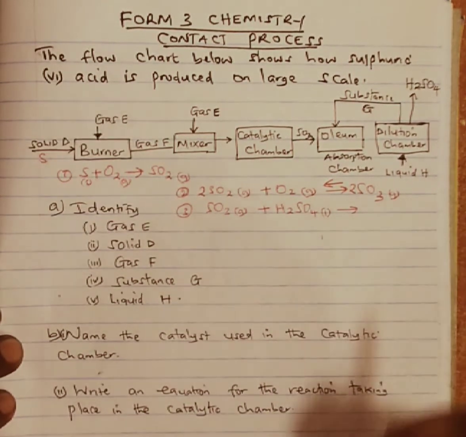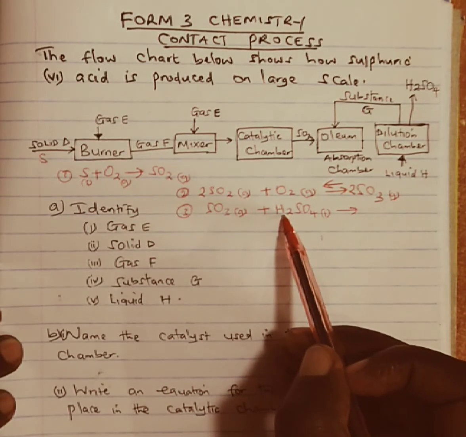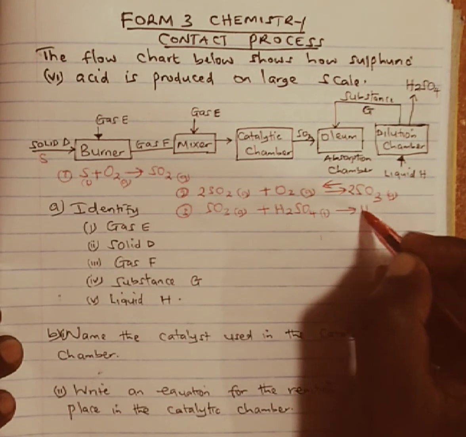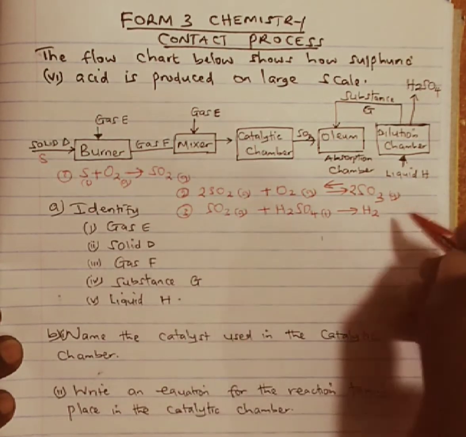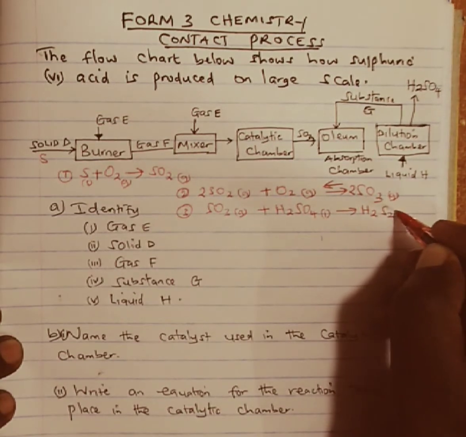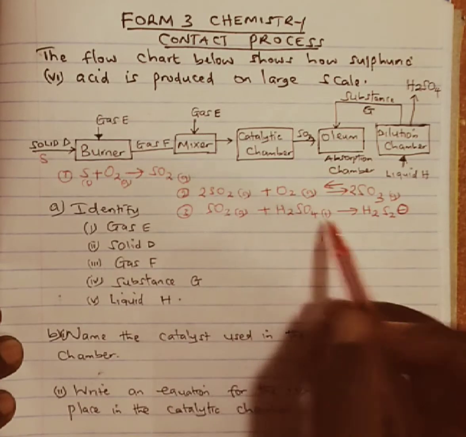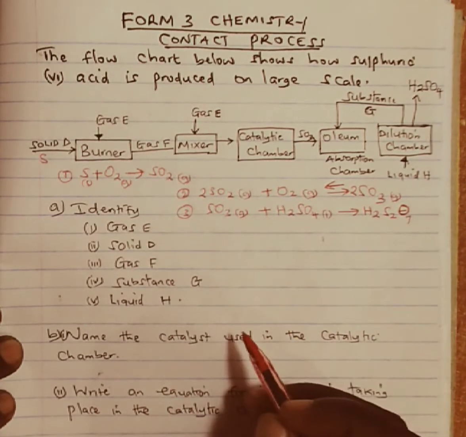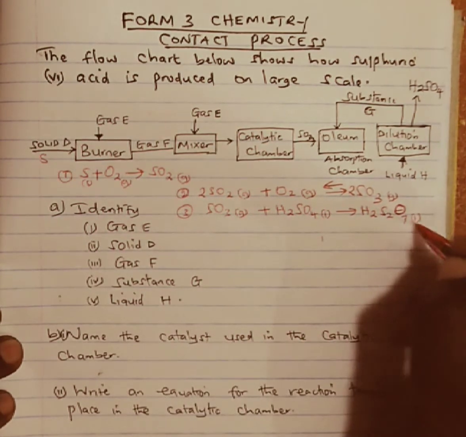For us to get oleum, we are going to have 2 hydrogen atoms. Then of course we are going to have 2 sulfurs. Then oxygens, we have 3 plus 4 giving us 7, and that becomes the formula of oleum,